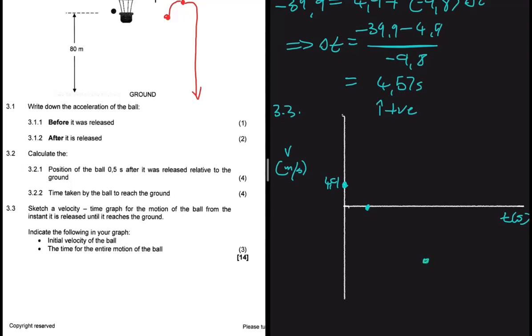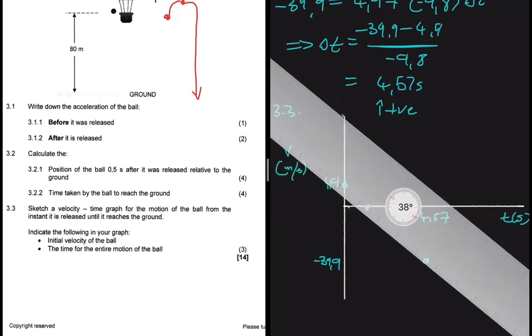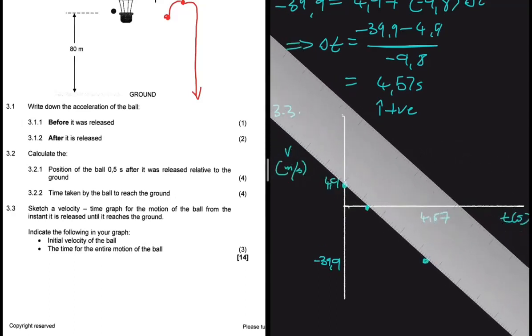We know the velocity at which we hit the ground, that is minus 39.9. So here we're supposed to have minus 39.9. And then the time it takes is 4.57, so we're supposed to have 4.57 there. And then just like that, I think we have essentially solved all our problems. We just have to